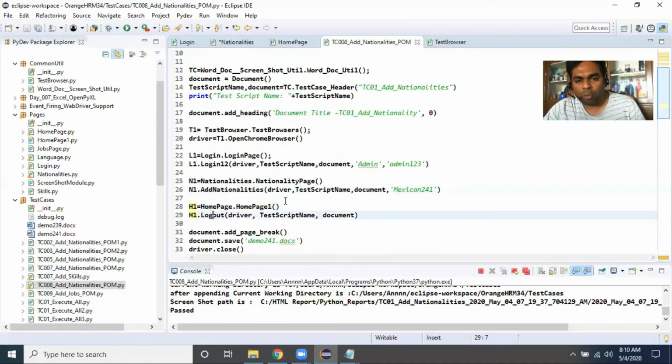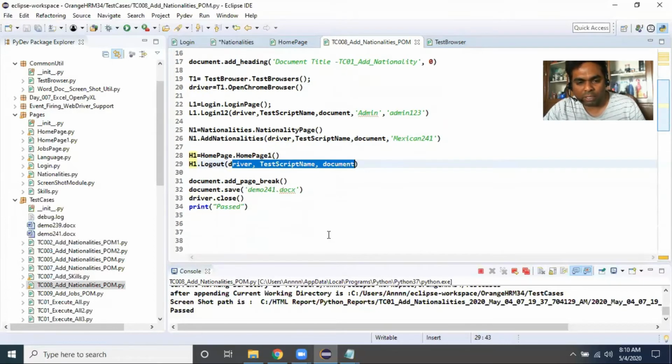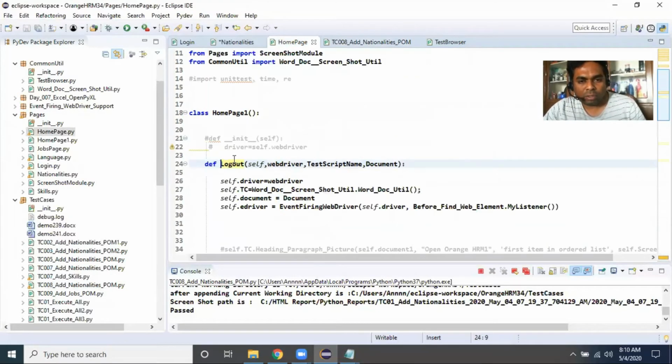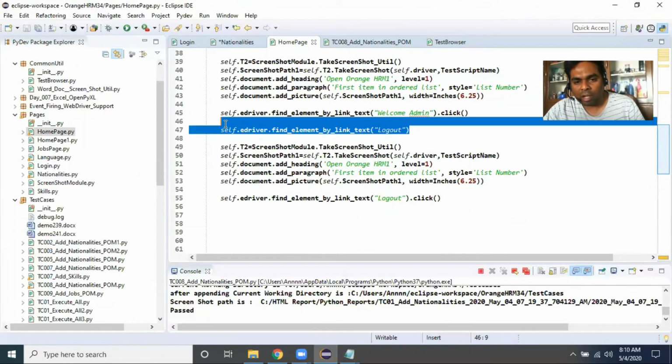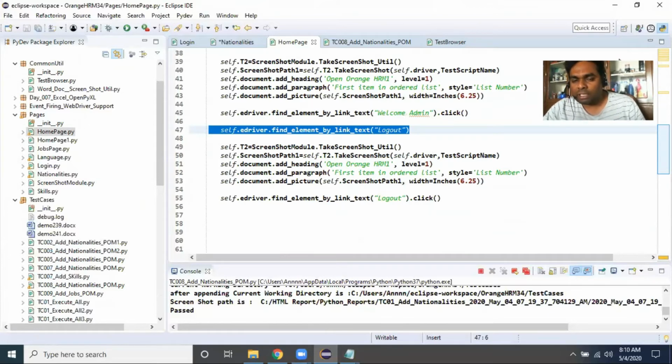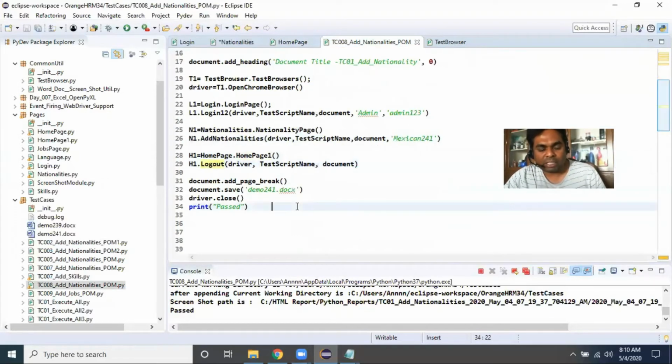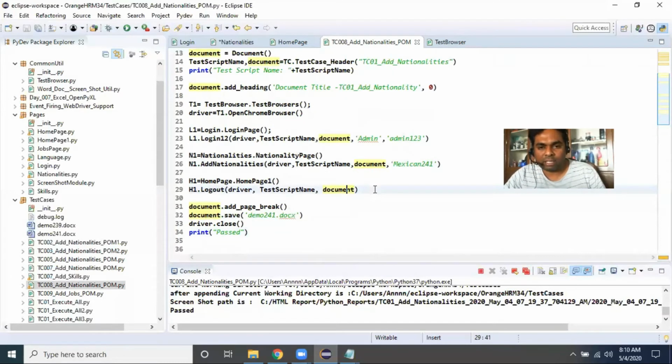There is no input data, just the default arguments I'm passing to my method. So if you come to here, the driver will be accessible and it will click on the welcome button, and after that it will click on the logout button. Okay. So like this, in the main test case, we are calling all the methods by creating an appropriate object for the class, and I'm passing my input data like this. Okay, so let's run this program, and after that we will discuss this point.